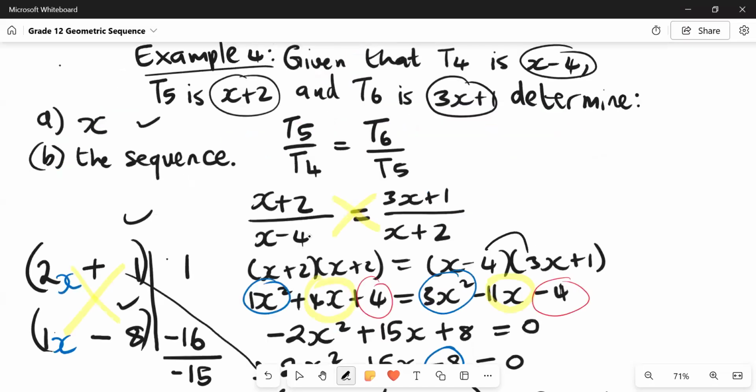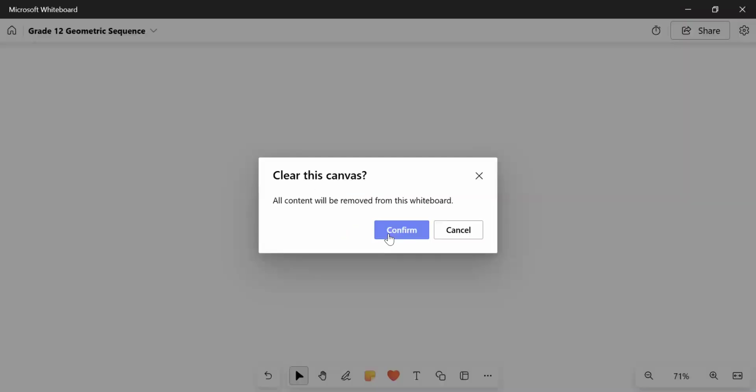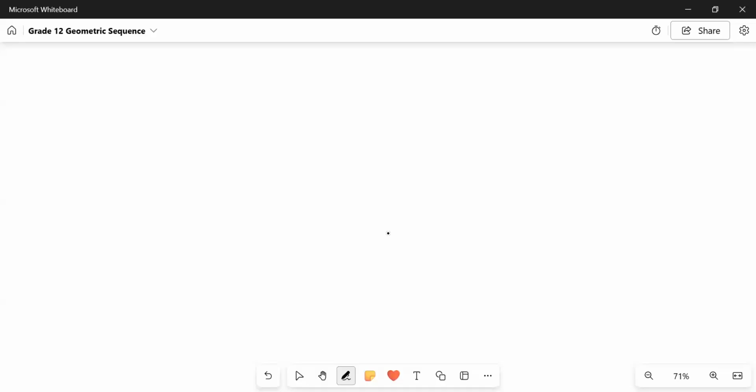So now we have to get the sequence, which is b. For b, we must get the sequence. We know very well that x is equal to negative 1 over 2, or x is equal to 8. Now that we know that,